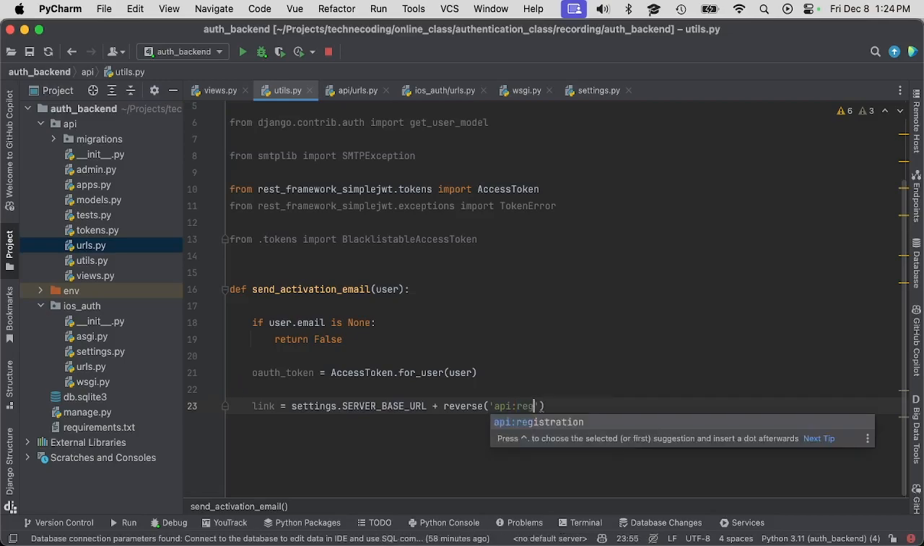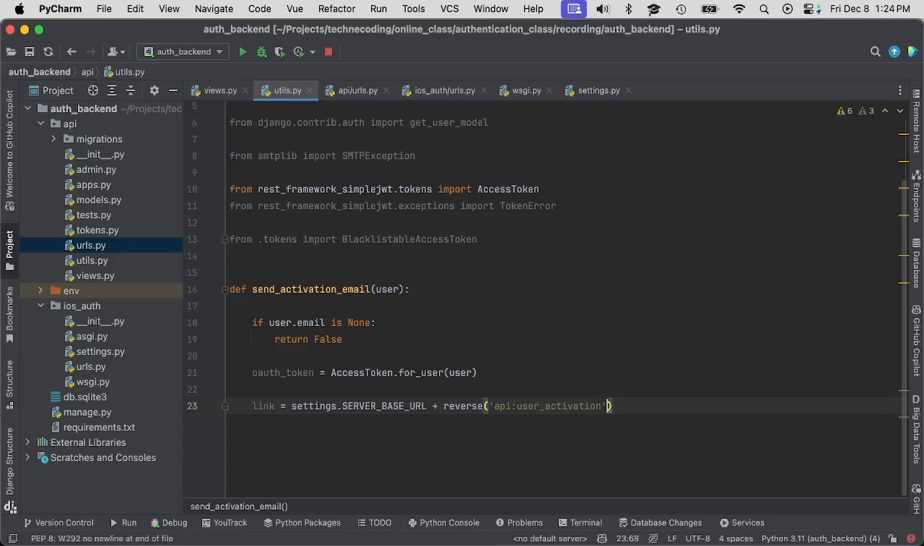We could say like registration. See how it auto-completed there? The system automatically knows that that is an endpoint. But what we want is user activation, which is not set up yet. Keyword args equals,